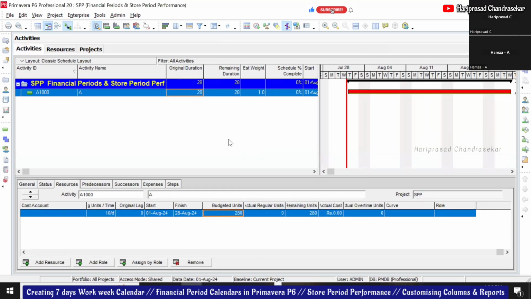Now I will send you one Excel screenshot that we can consider. Just a minute. On my phone? I will send it on WhatsApp. Yeah, WhatsApp. Okay.